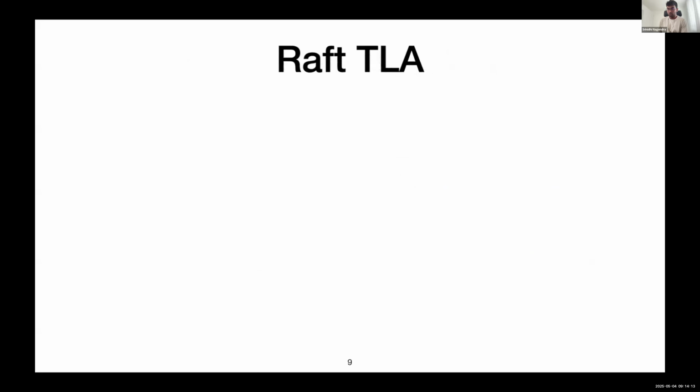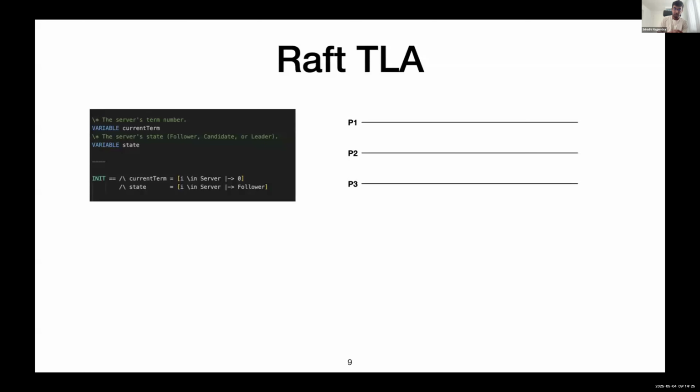So let's walk through the protocol, and at the same time, I'll introduce the TLA model and how we're going to use it. A lot of you might already be familiar with this. So you have three processes, and I'm going to present a snapshot of the state of each process. This is not the complete state as presented in the TLA+ model, but something that's representative, and we'll use some of these terms later on. Each process has a term, and it has a state, whether it's a follower, a candidate, or a leader. Initially, a process says, I want to become the leader, so it's a candidate, and it sends out a request vote message. That corresponds to an action, handle request vote request.